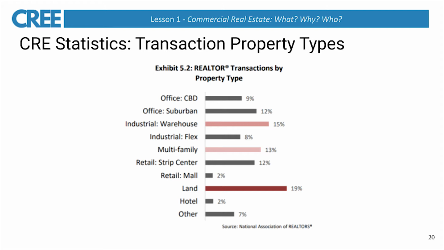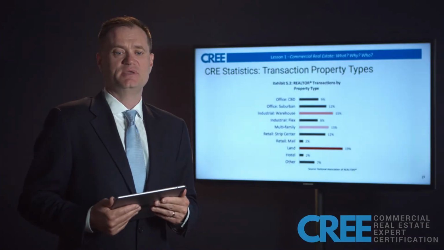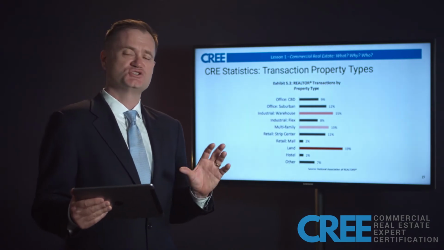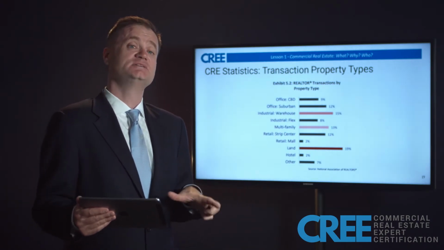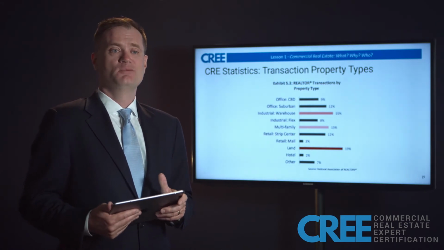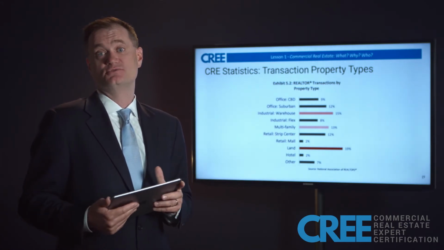We call warehouse, that tends to be just your open box with a couple of bay doors or maybe a grade door, and that maybe has a small amount of office, versus flex industrial, which might have a larger office build out or provide some additional opportunities